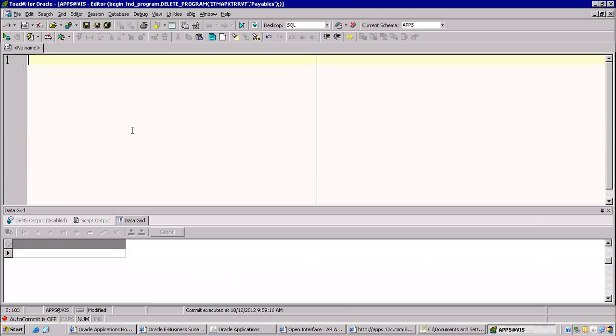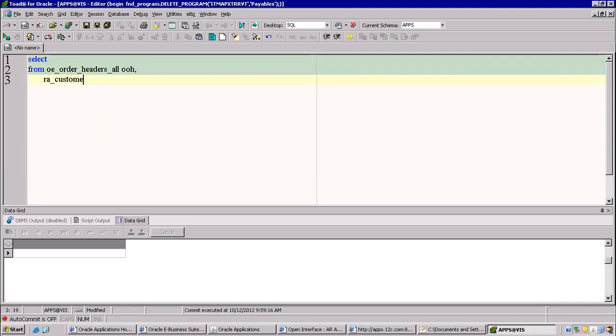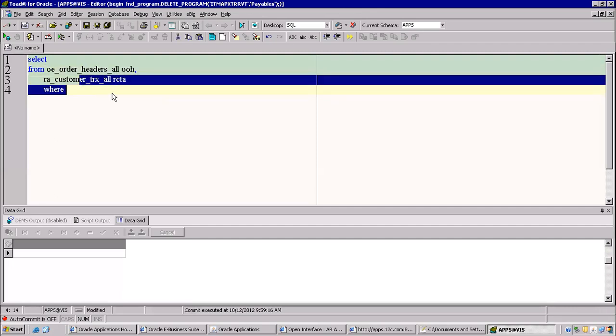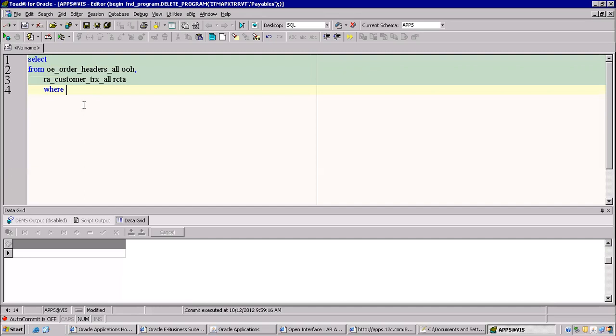First table is OE order headers all. And the second table is RA customer TRX all. Both are different modules. This is the order management module, and this is the account receivable module. We are combining them, and the join condition is order number is equivalent to